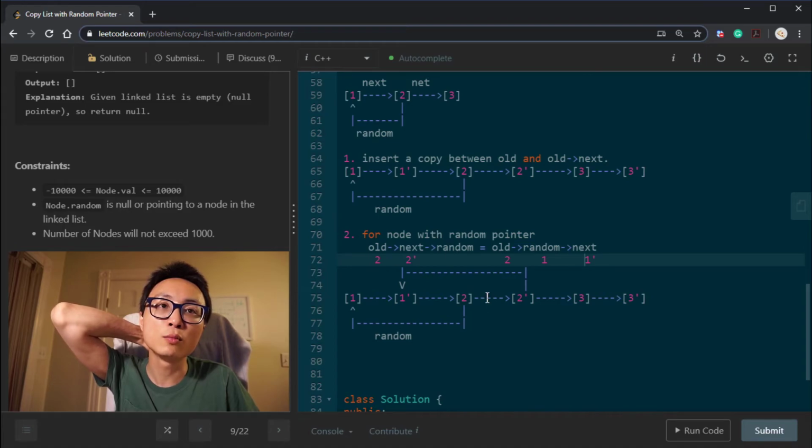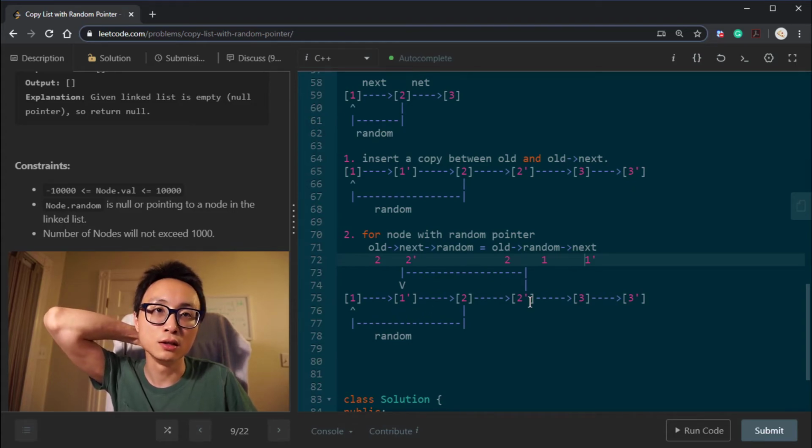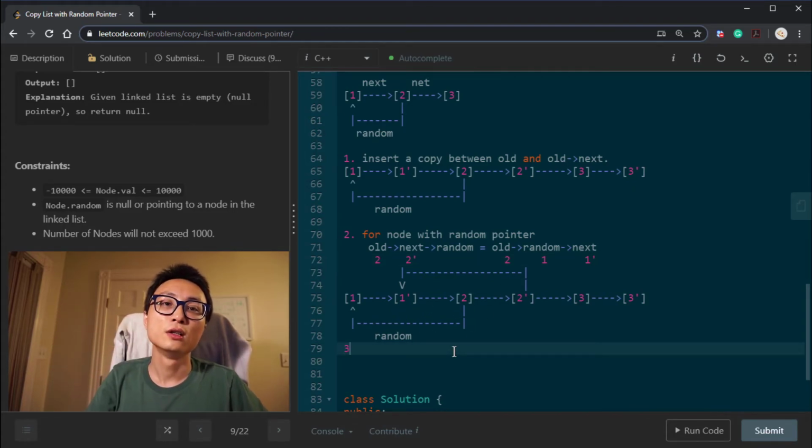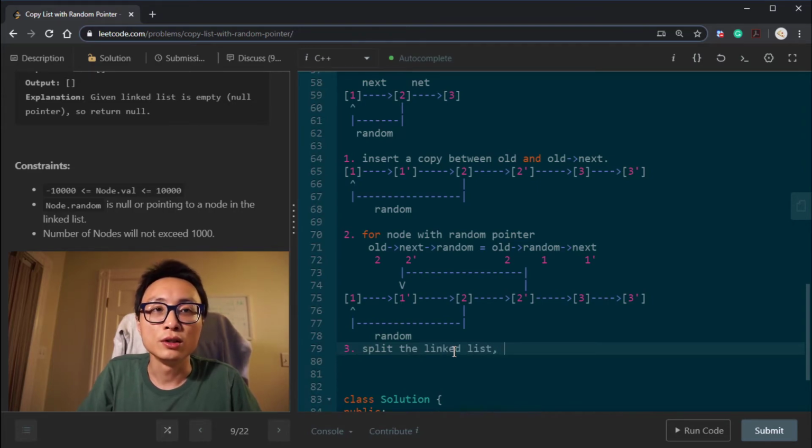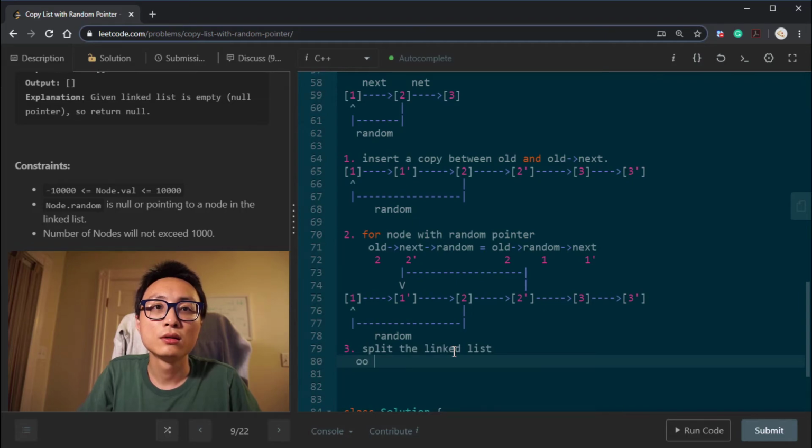So after this second pass, we established the correct random pointers in the new linked list. Then it's just splitting the linked list. The odd nodes are the old ones.